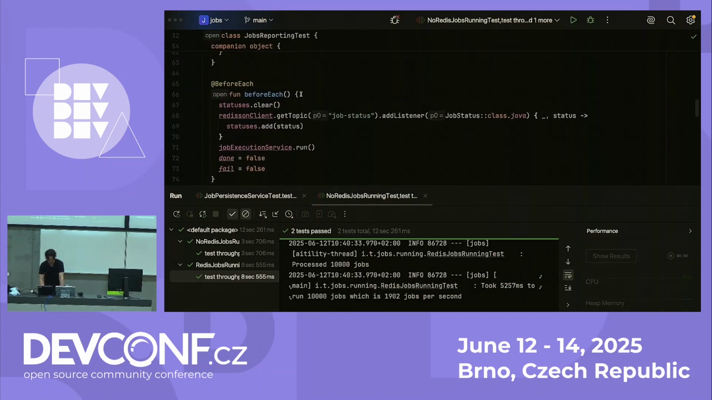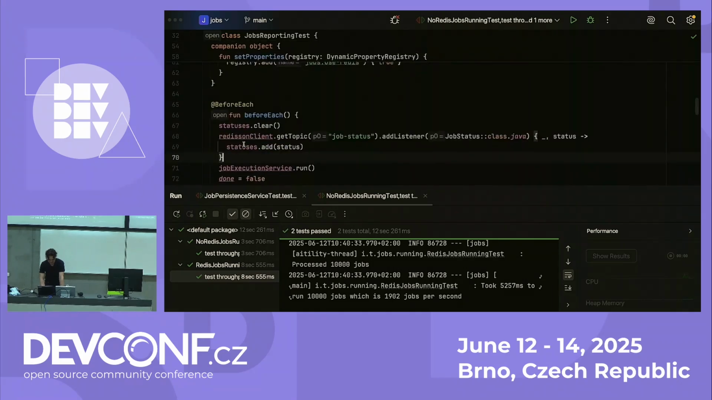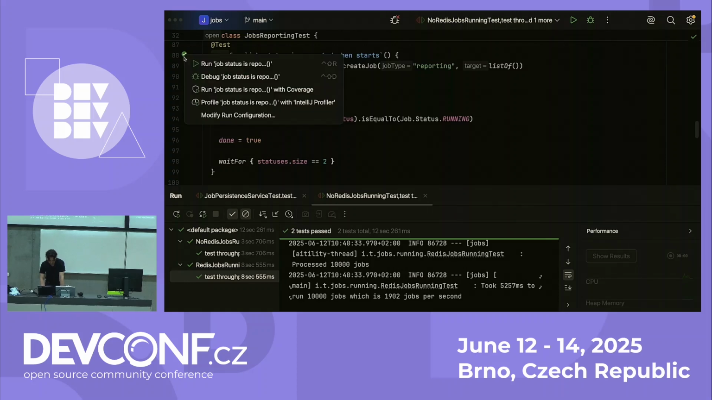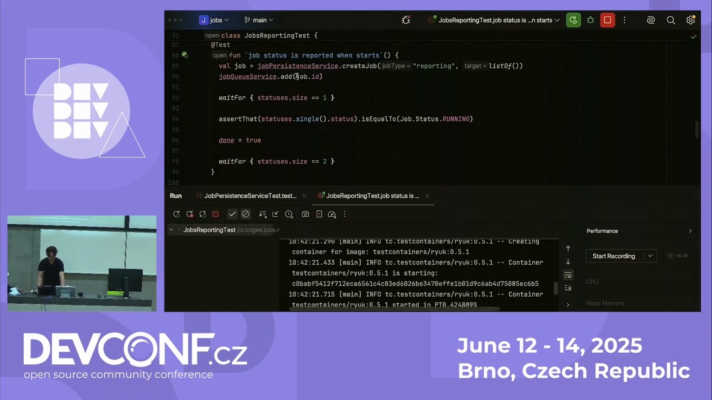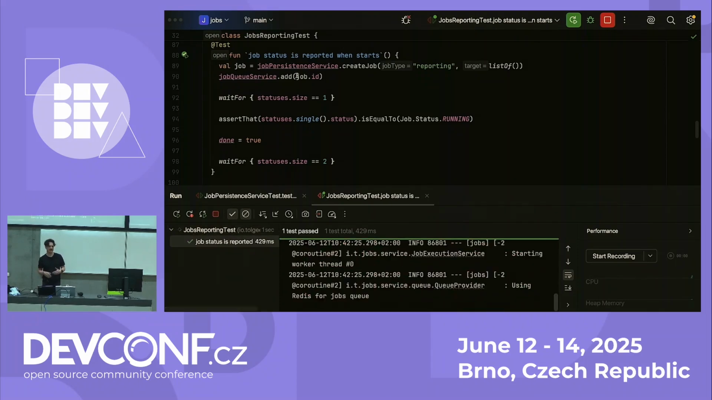Before each test, I start listening on the topic, and when something happens in the topic, I add the status to the statuses list. So just to verify it actually reports, we can run some tests. But this way, we can manage the central point. So all our nodes will know about the changes or events happening in another node, and then we can implement